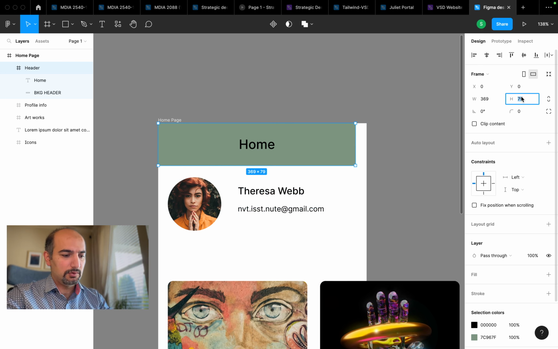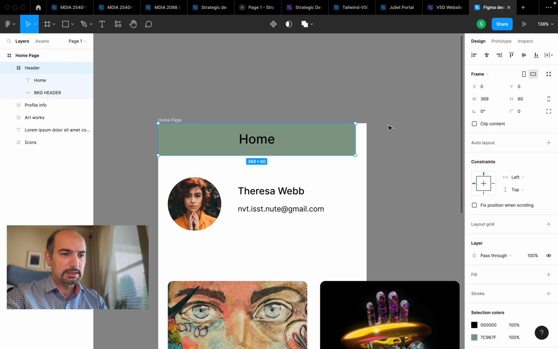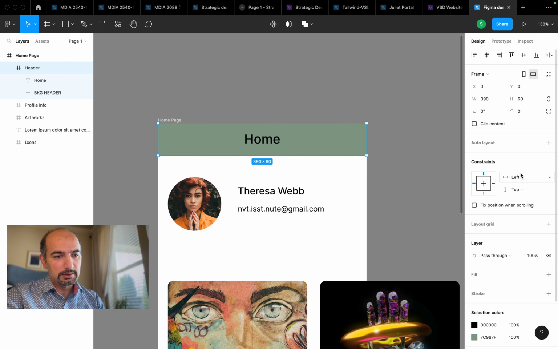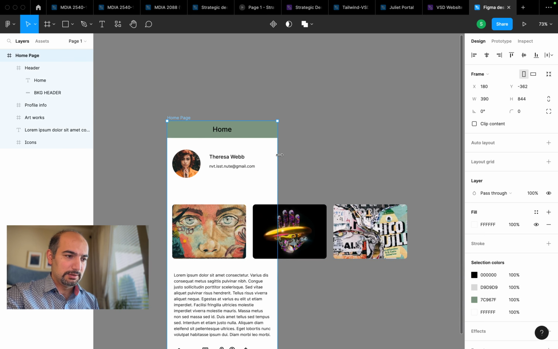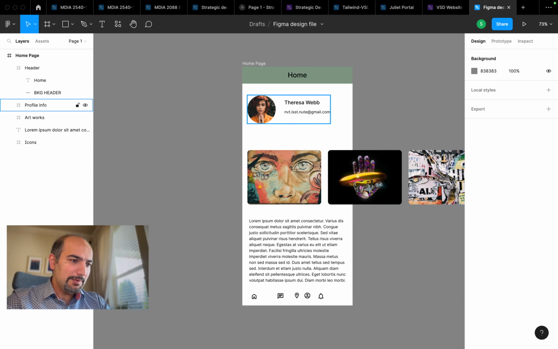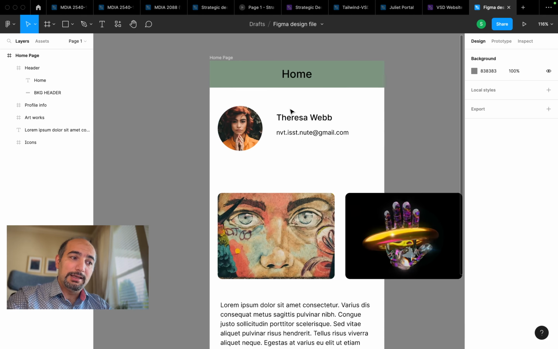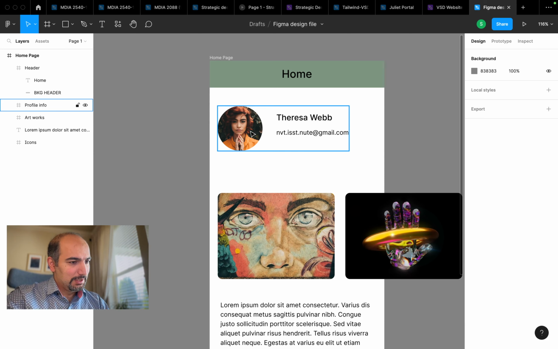So now I can go change the header height to 60 and width. Okay, I want to have these stick, like fill in this space. So what I need to do, I go here, connect it to there, and now I can go left and right. Now when I change the main frame, the page, then it would follow accordingly. Amazing. The same thing would happen in auto layout. So here you see